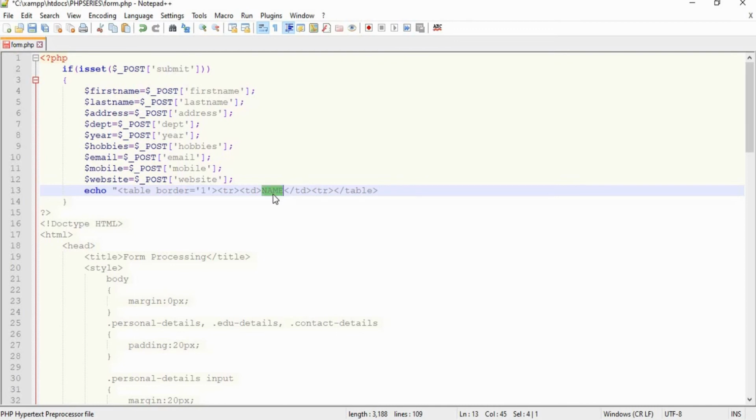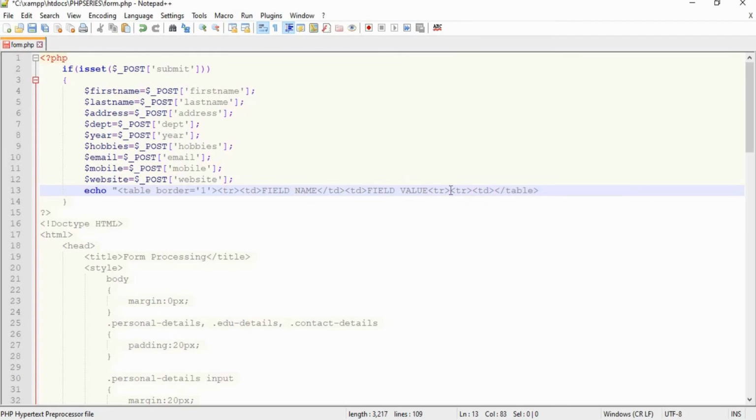So here in the first row, what we can type as field name, and inside it we can have another column and we can type the value as field value. So this is about our first row. We have completed our first row and we are going to create another row.